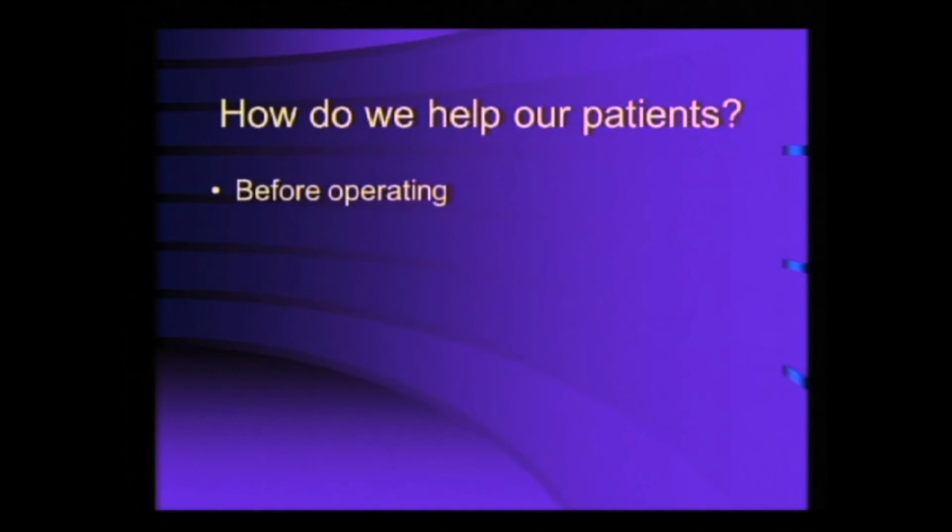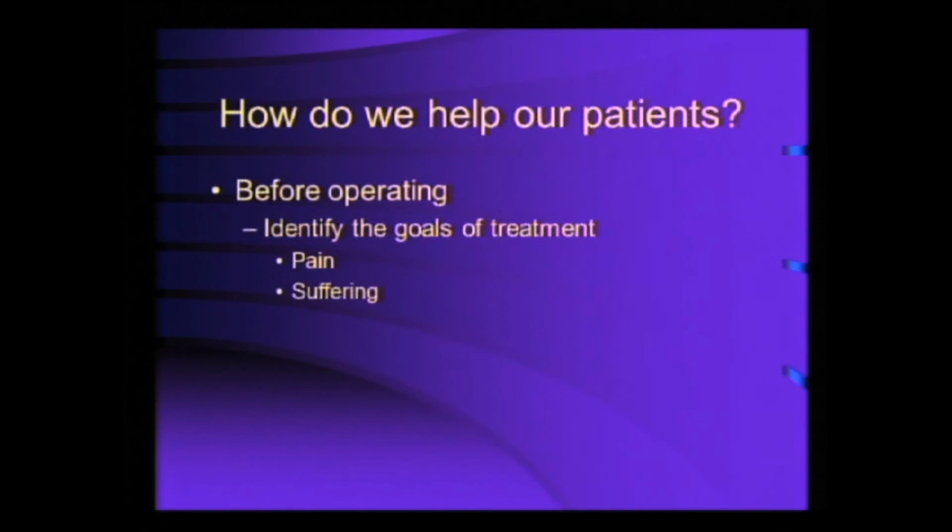More importantly, how do we do this from our perspective today? So before operating, on this issue of psychological variables, what do we do with this? Well, several things. Before we operate, what are the goals of treatment? Are you treating pain? Are you trying to get pain better? Are you treating suffering? Are you treating disability? Are you treating depression? Are you treating distress? Which of these are you treating? And therefore, is your treatment the right thing to do? Are you really treating the disc? That's last on my list, because it's last on the list of most things, frankly.